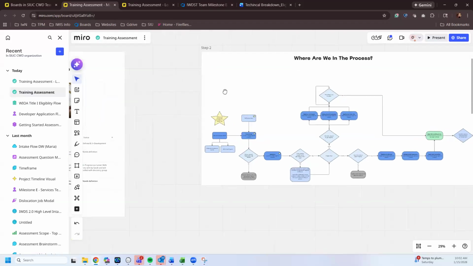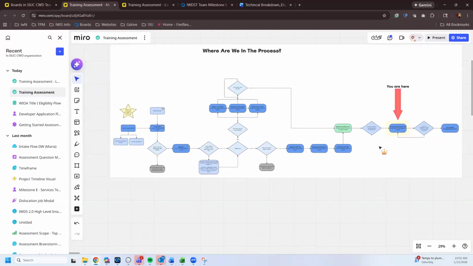So we are exploring a training assessment. And as we've worked to discover this, we've branched it out into two different kinds of training assessments. We're going to have a training assessment for our traditional training services. So that's if they're going to get their associates or bachelor's or earn a job ready credential, those kinds of training services. So when they trigger the system by adding an aligned goal that triggers training,